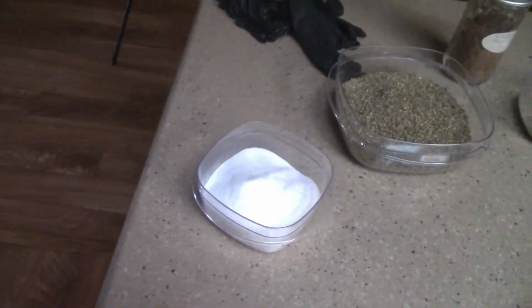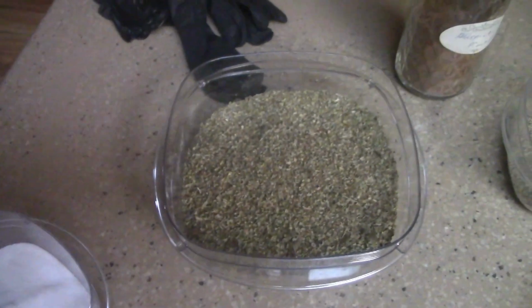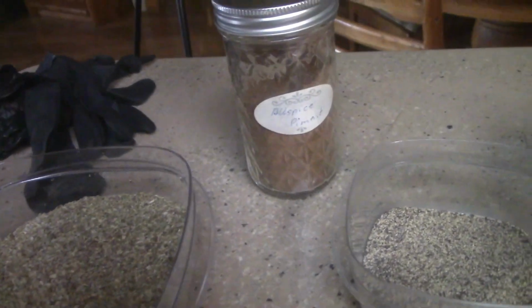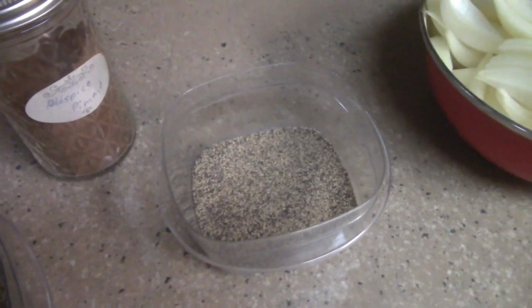So, here are the ingredients for our German liver sausage, or Leberwurst we call, original traditional German recipe. Here's all pre-weighed already, so we got salt, we got a whole bunch of marjoram. We'll be using the allspice, or piment we call. Of course, pepper,